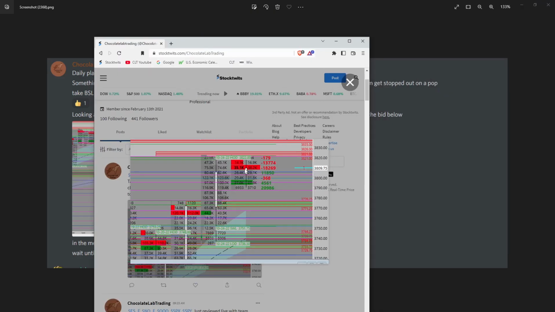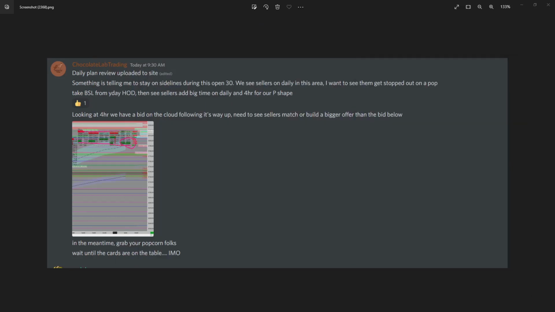right, at the selling nodes, right? We talk about it all the time here on the YouTube. When we're going short, we like to see P-shaped distributions. When we're going long, we like to see lowercase b. So we're seeing the beginnings of it, but as I said, I want to stay on the sidelines in the open 30. I want to see how